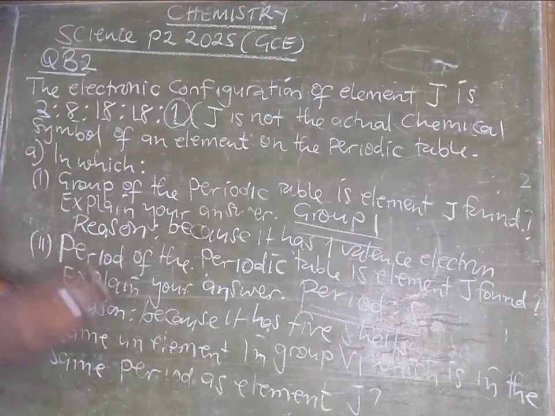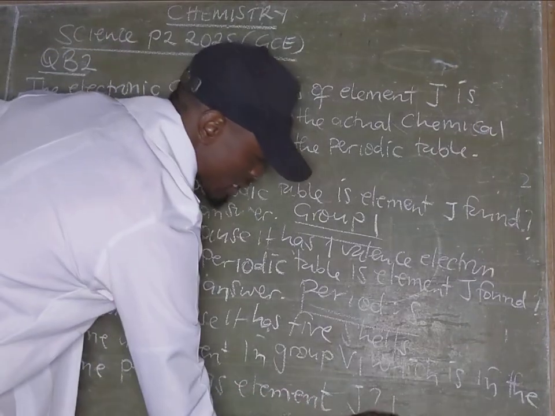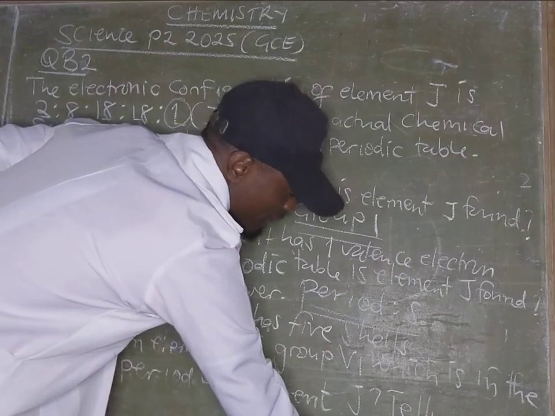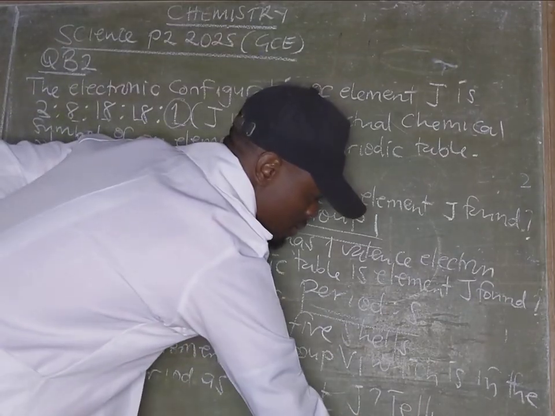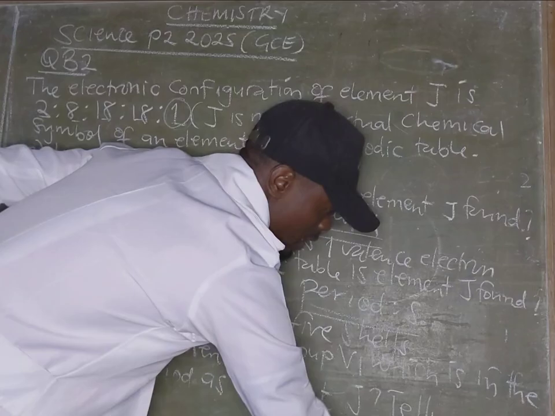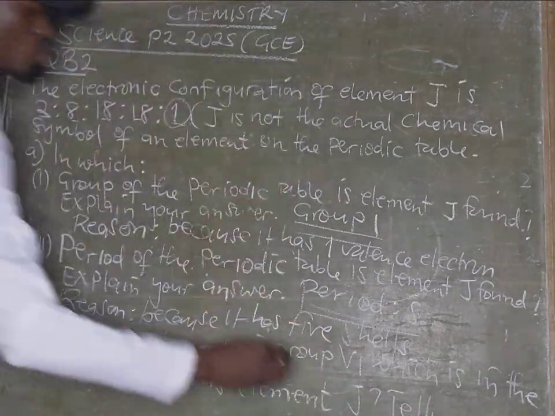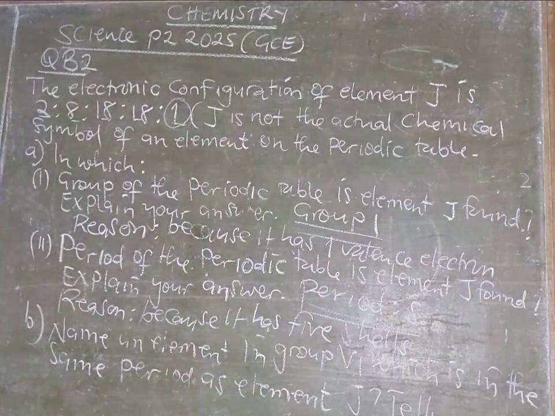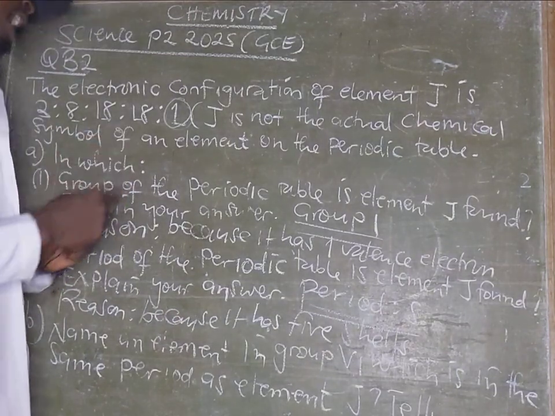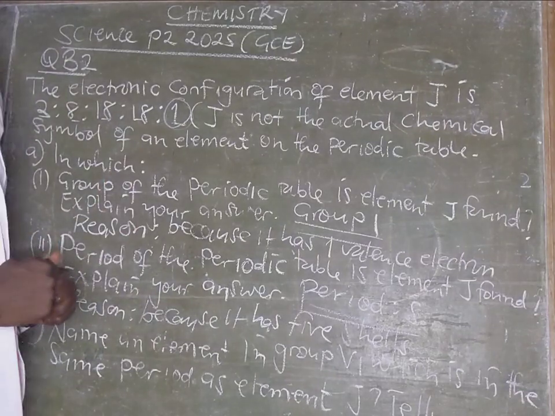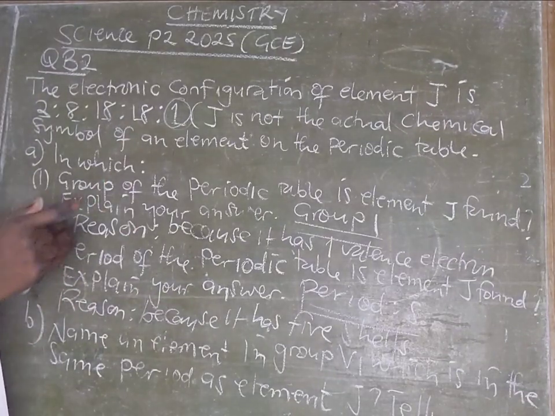So when you go and check on the periodic table, you find that there it is tellurium, symbolized by capital T, then small e. So tellurium is an element which is found in the same period as the element J that we were given. So that is the key important